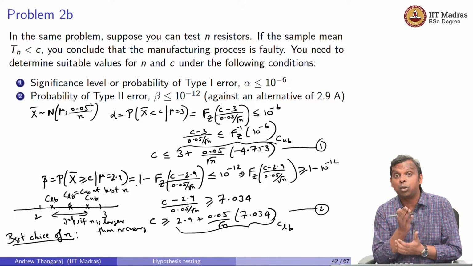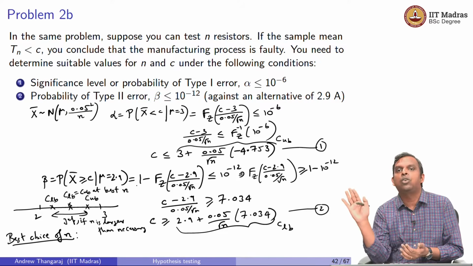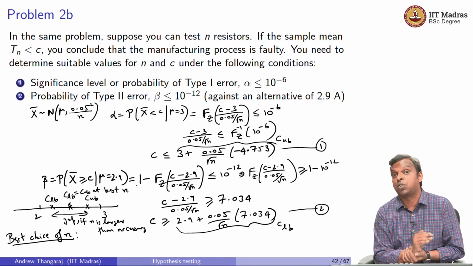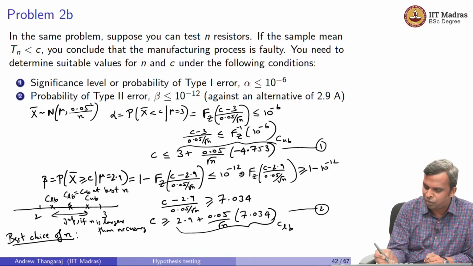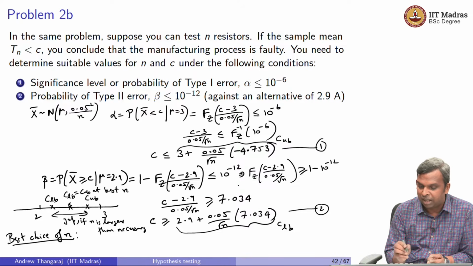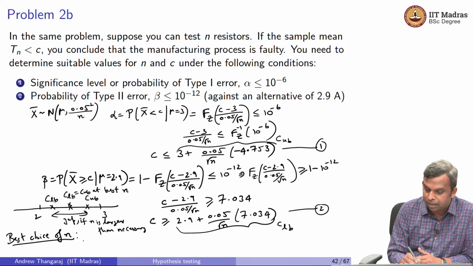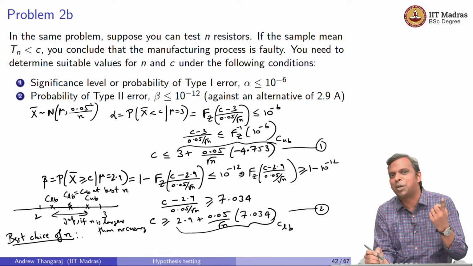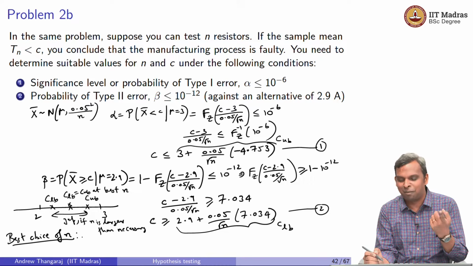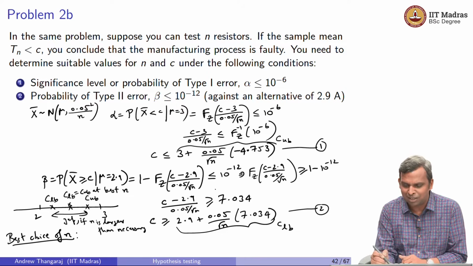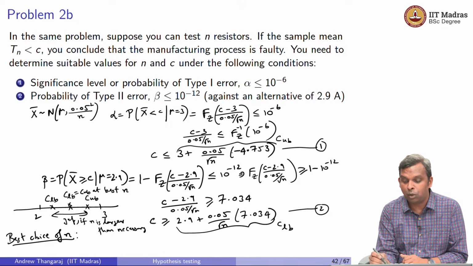So for values of n below this best n that I find, there will be no test that will give you 10 power minus 6 and 10 power minus 12 for the type 1 and type 2 errors, okay? So let's go ahead and do this. If you equate this and simplify, you will get one final very nice answer. So let's just write that down. I'm going to equate this in my head and do one simplification. Anytime I do this, people complain about how I seem to be doing some magic. There's no magic here. I'm going to equate these two, lower bound and upper bound, and take 2.9 to this side. I will get